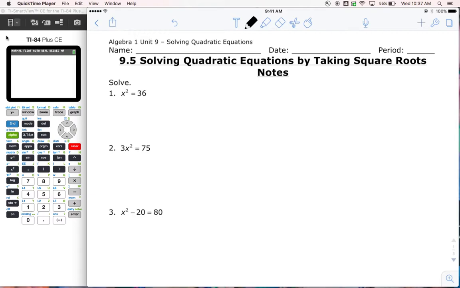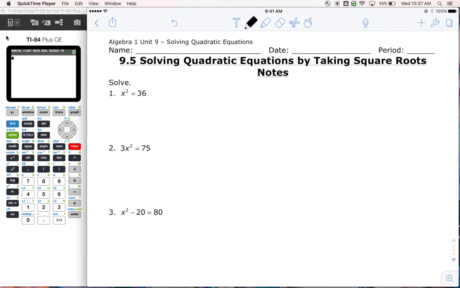9.5, solving quadratic equations by taking square roots. Today's lesson is pretty simple, but it does not always work. It only works when we have one side of our equation being squared equal to, and then a constant on